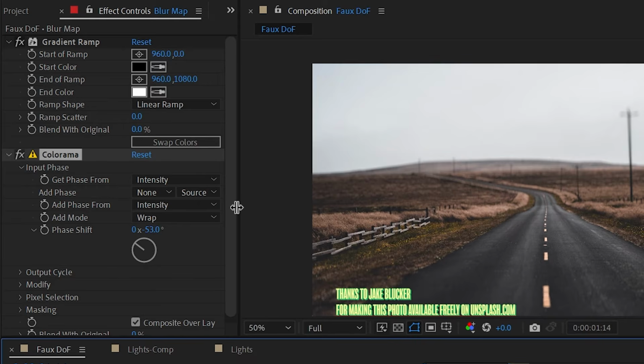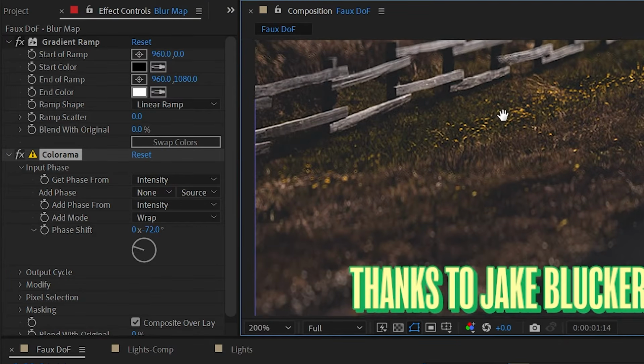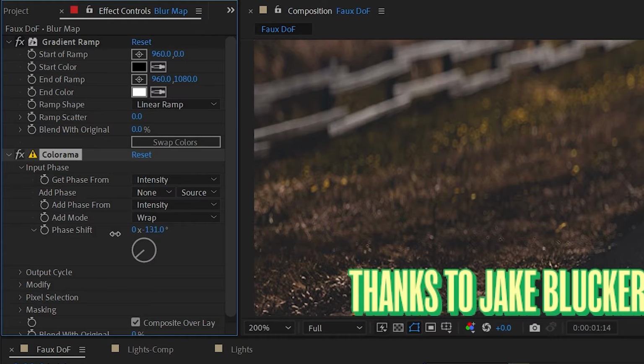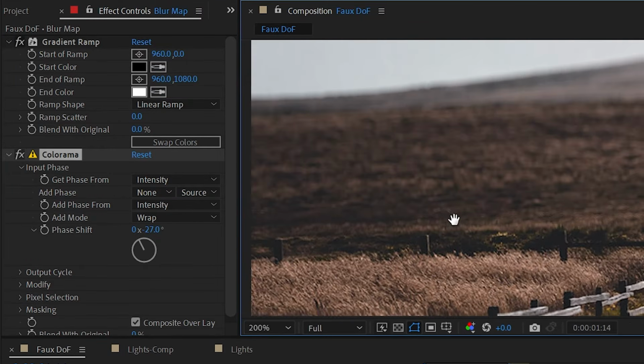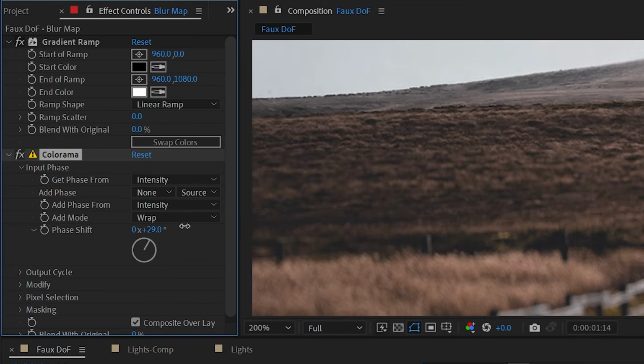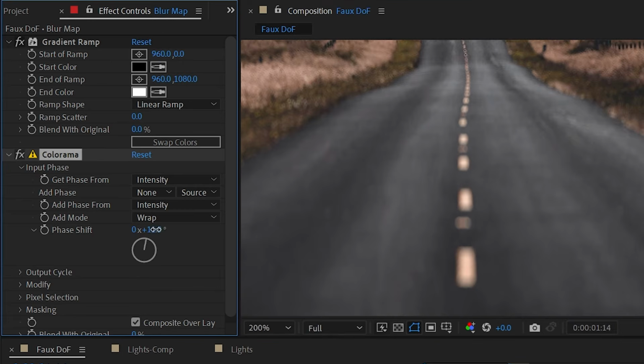So let me turn this off again and then adjust the phase. Again, I'll zoom in nice and close so you can see what's happening. If I bring this back, it's going to shift that plane of focus, or I could increase the phase and get it to go further into the background. So again, I want this portion right here to be in focus, so I'm gonna bring this back until it